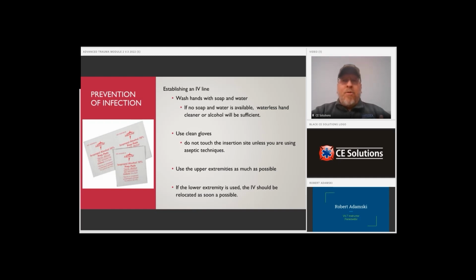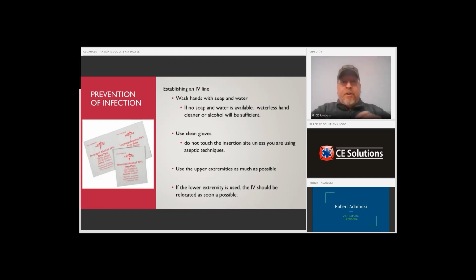Remember, in addition to our normal medical and trauma patients, we do have patients that are immune compromised. Either they're cancer patients that are receiving chemotherapeutic agents, patients that are organ recipients on immunosuppressive drugs, or patients suffering from immunosuppressive diseases, for example, patients that have AIDS due to HIV, the human immunodeficiency virus. All those patients are at potentially higher risk for infectious diseases, and we need to try to keep